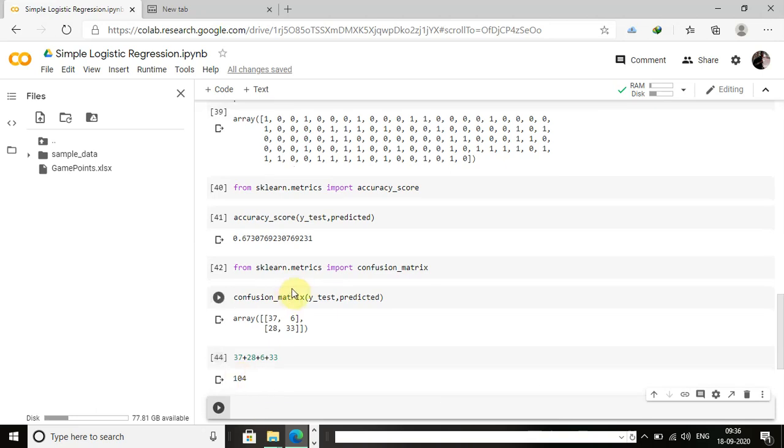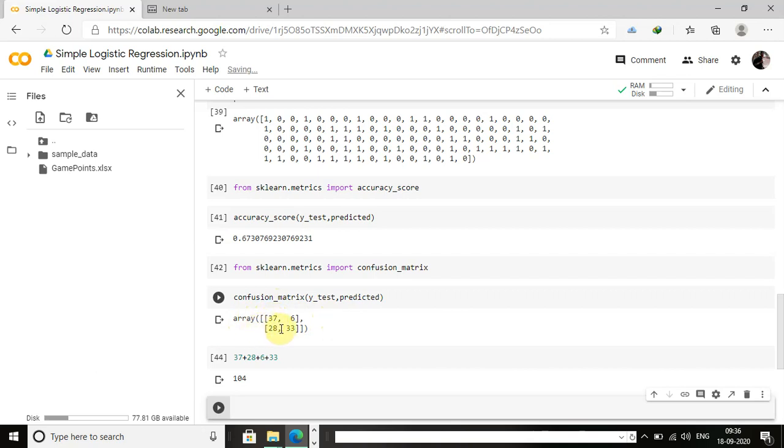From that there are actually 37 values for which the offer was actually sent to the game player, and that was also predicted by my model as yes. Here the horizontal values mention the actual true values, meaning yes.